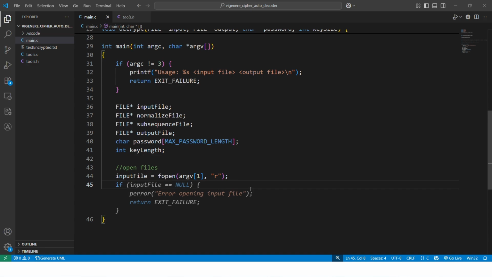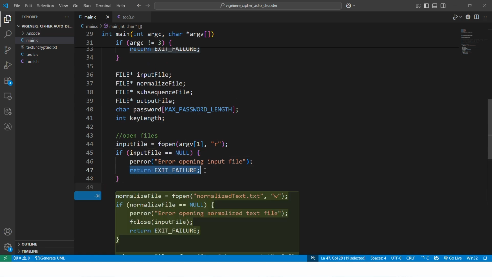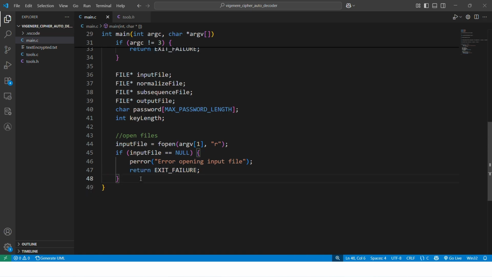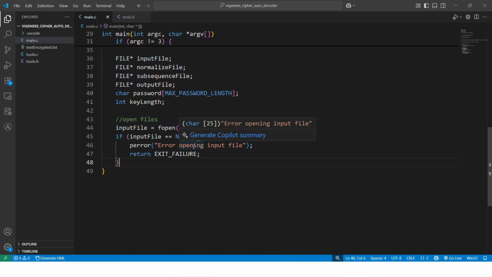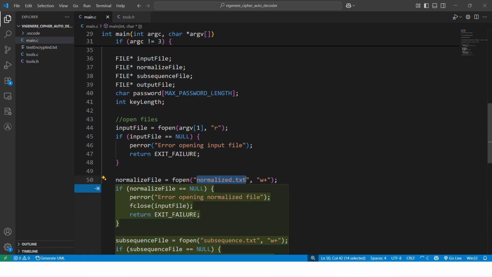If input file is null, there is a problem, so we need to exit the program. And we will do the same thing for the output normalized file. So I will put this name. We will create this file because we will not pass it in the arguments. We will create it because it's a temporary file. We will delete it in the end